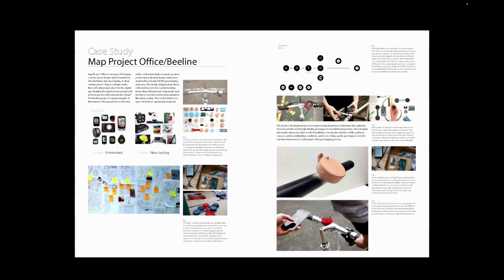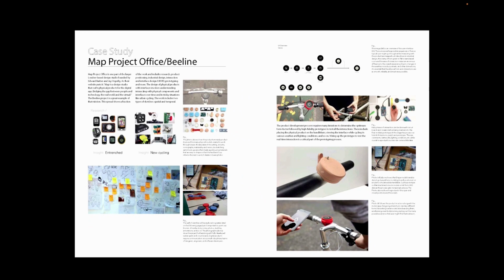And then there's case studies. So this is Map Project Office in London. And again, this is laid out in the book. This is my layout. I always do everything in InDesign. I'm a bit of a control freak, and then I hand it off to the publisher, and then the graphic designer goes in and does a new treatment. But I do it because I'm trying to control the story, and I don't want X number of images 2 pages later. I want them there, and so it's just my way of sort of controlling it.